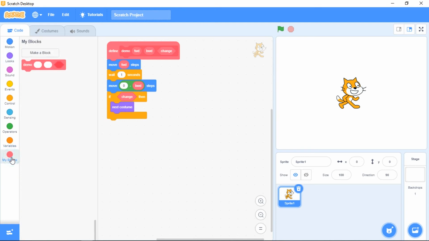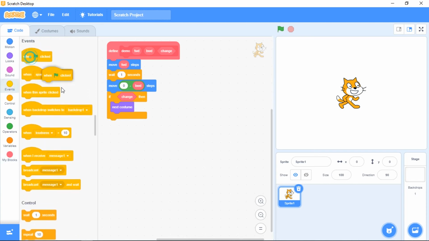Now we want to pass the actual values. These actual values should be passed when we click on the green flag button. So when a certain event occurs, this action is going to be performed. Which event should trigger? Click on Events, when green flag is clicked.